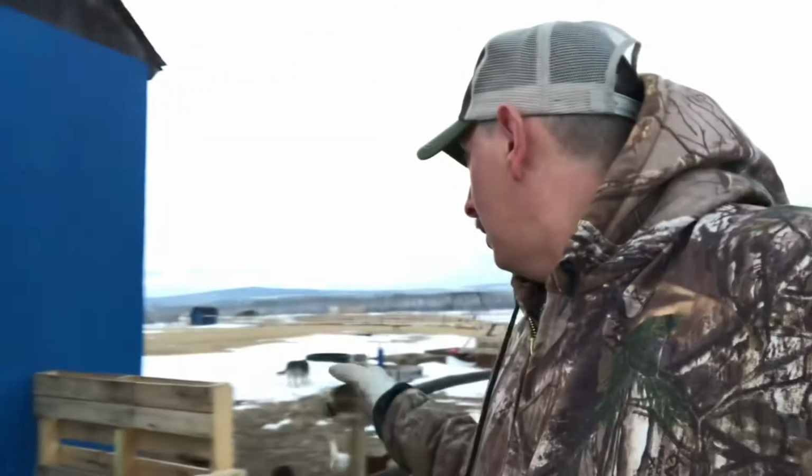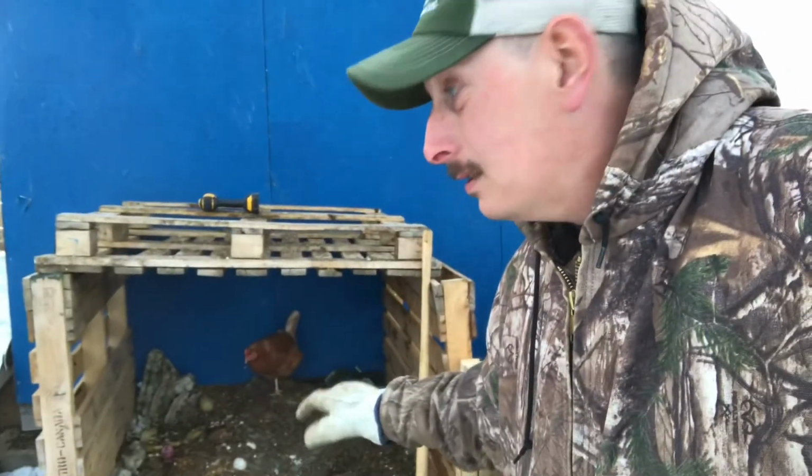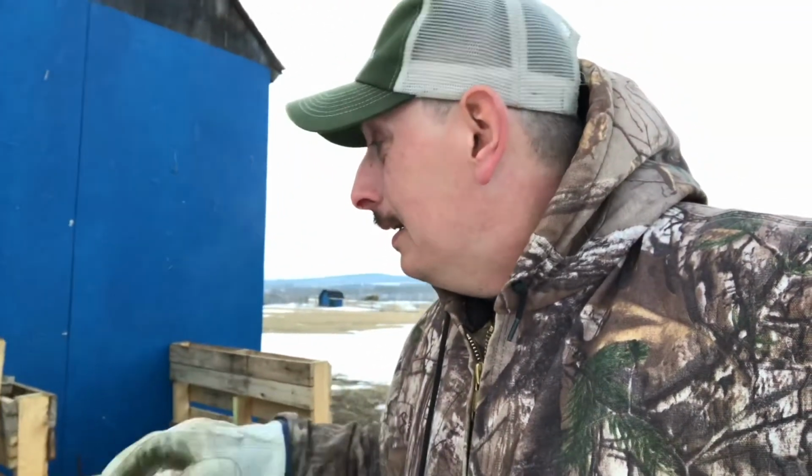The second is excess release of nitrogen by way of ammonia. Ammonia is NH3. And so that's exactly what's happening here. By the way, good morning, Mr. Rooster. There's a lot of chicken manure in this compost pile. There's a lot of food scraps. And so we're kind of off balance a little bit here, especially, I think, with fluctuating temperatures coming out of the chicken house, adding a lot of other